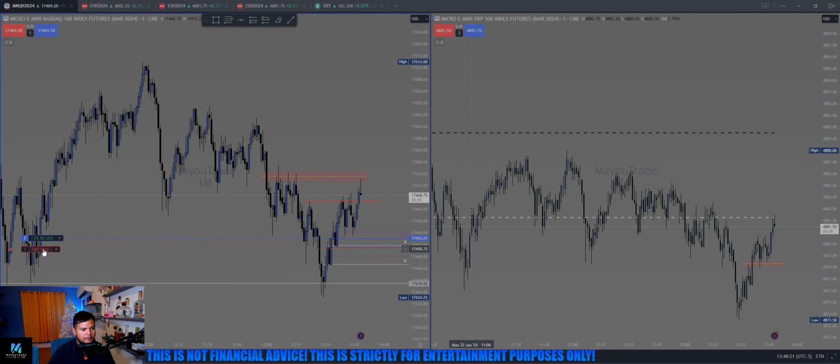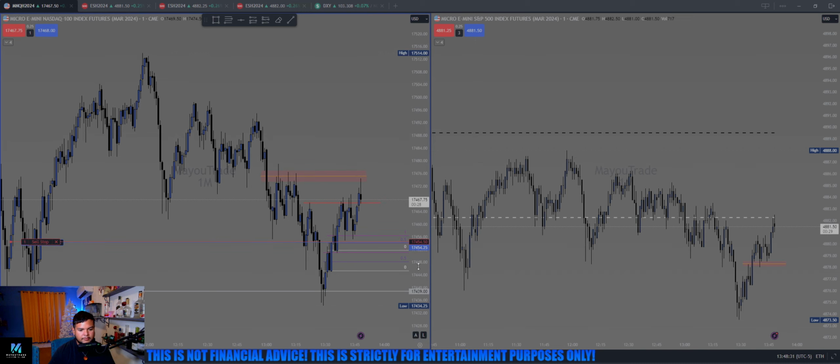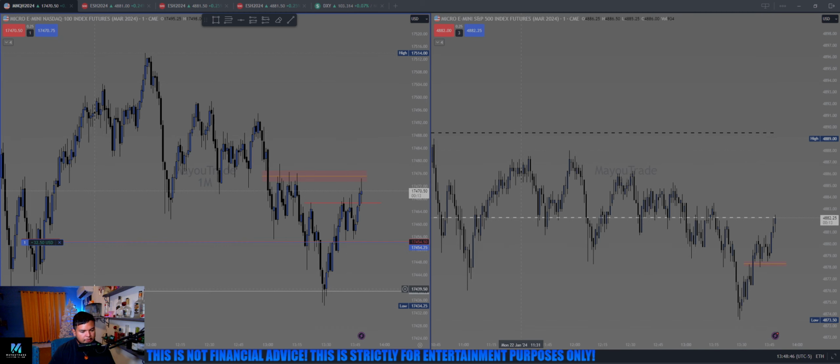I got it, right? So if it comes down here and stops me out, it's okay. It could run higher after taking out my stop, and that's fine, right? So again, take out these lows here, right? Look how we were just tapping it and then going, right? And we took out the lows on the ES as well. And after we took out the lows,